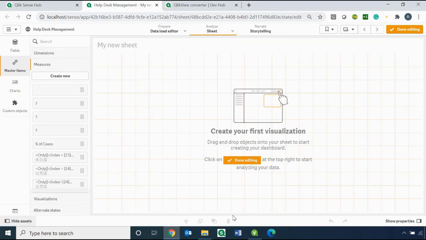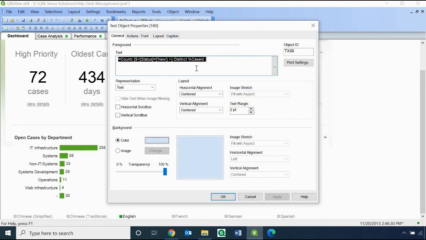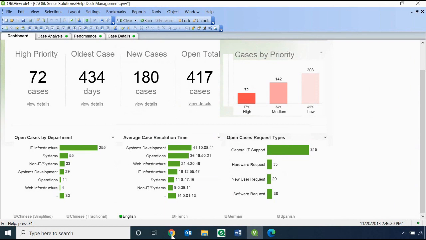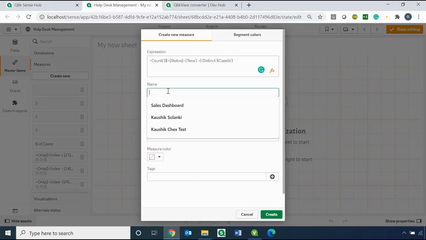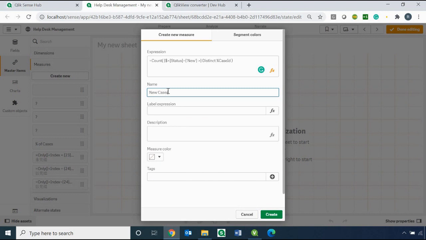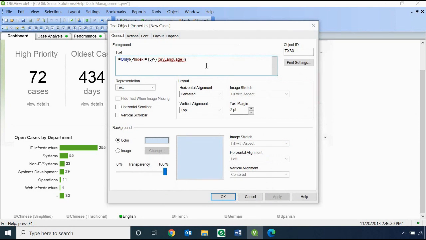So create new. Go back here for the new cases. Just copy the expression. Go to ClickSense. This is the new cases. And for the label, let's copy the expression.